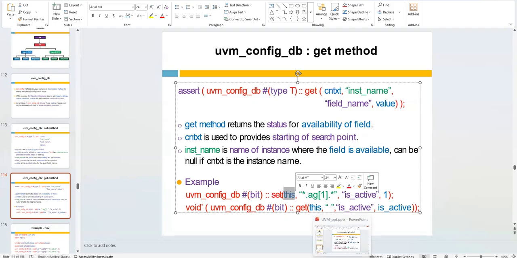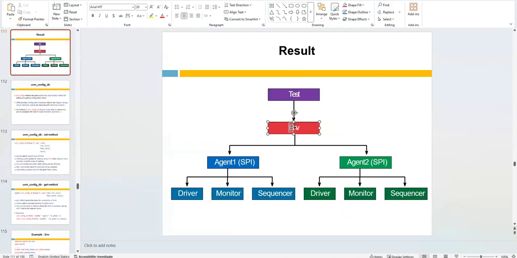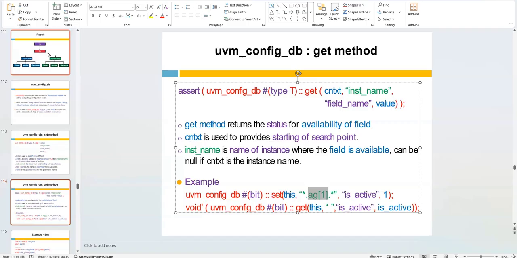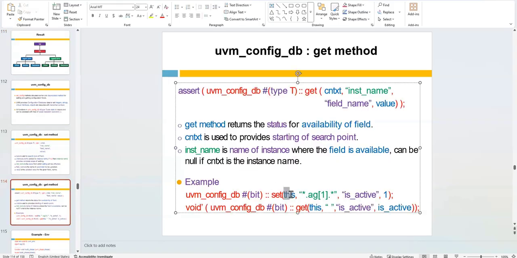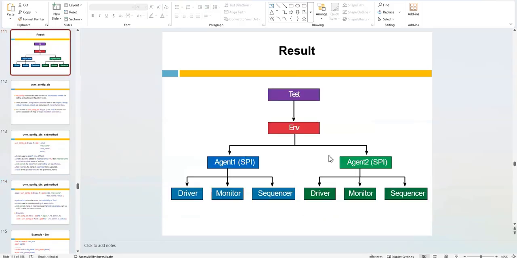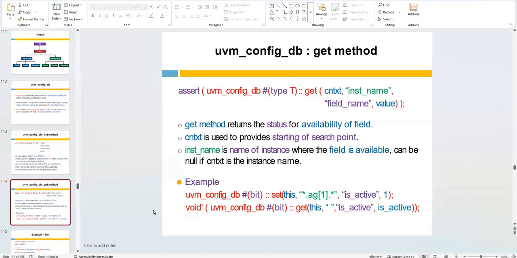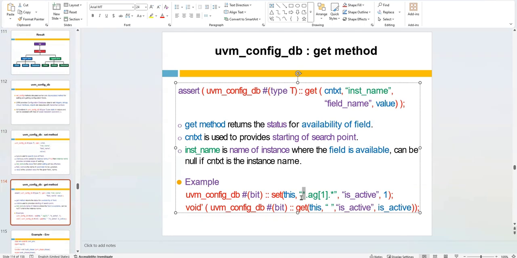For example, you are setting in the environment. Let's say environment, and you give agent 1. So even if you are setting from the environment, the things will be visible to what? Agent 1, not to agent 2. This means we are setting from here, and this will also block the test from getting the visibility. This means current. Current, then you provide what? Star. Wildcard means from this particular class,